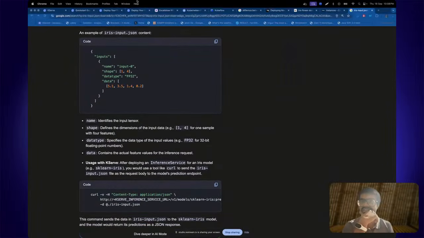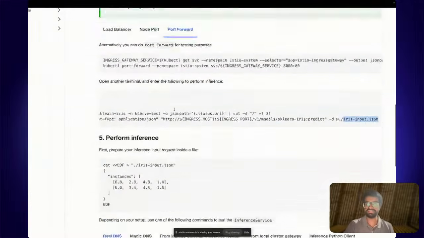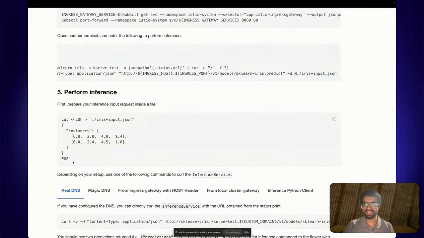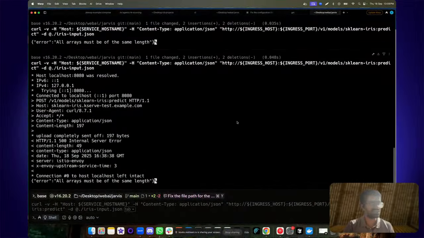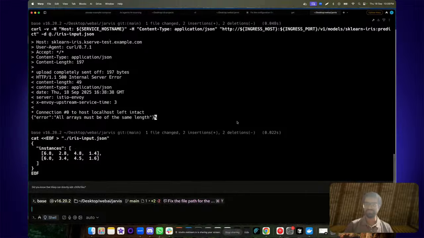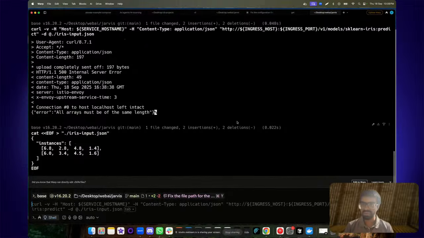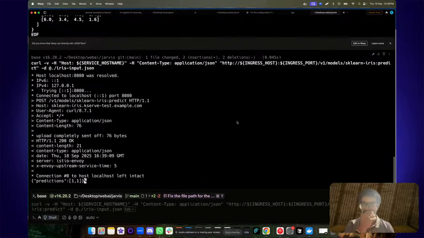So that's interesting, we might want to just run this once and perform the inference. So let's try this out. Okay, this time it's connected to localhost 8080, and we are getting a prediction.